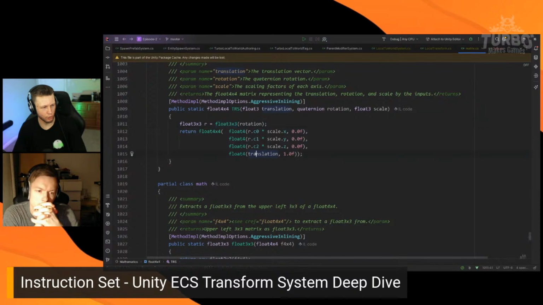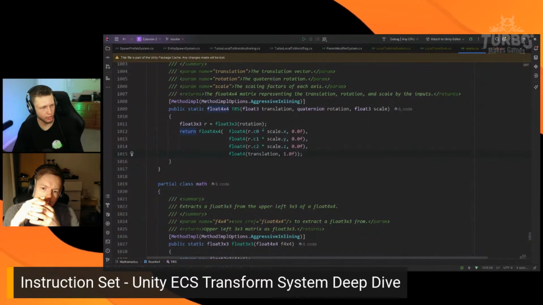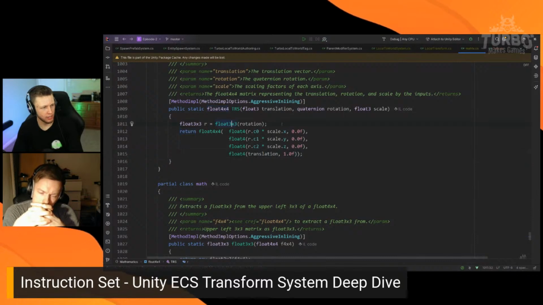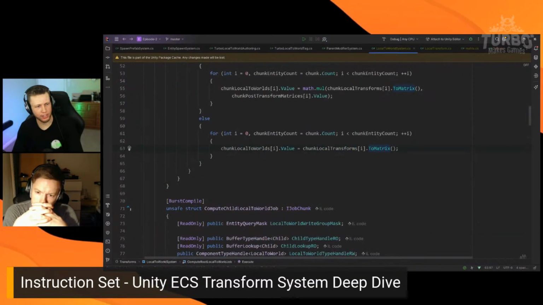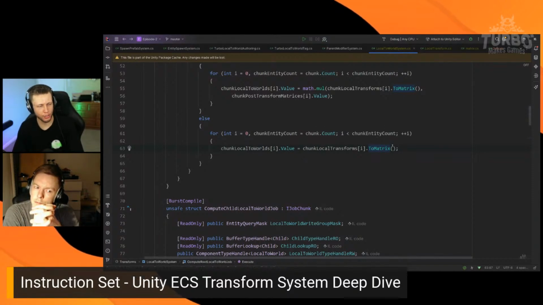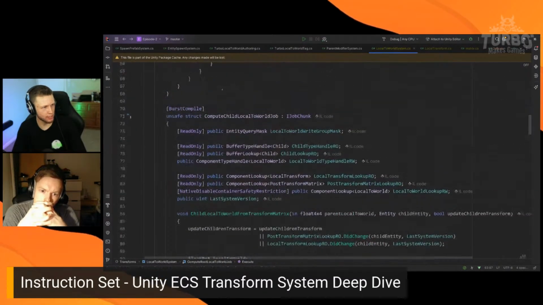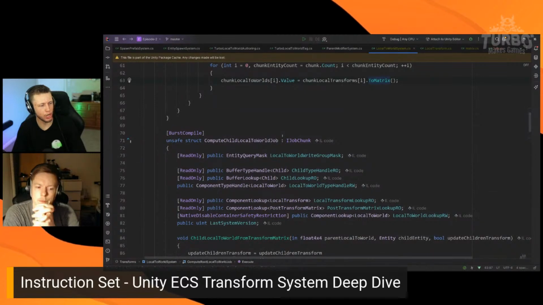And then you'll see at the end, we're also just passing in the translation. So it's mostly basic math operations, what we're doing here. Again, just creating that 4x4 matrix. Now, one of the reasons that this is actually stored in a matrix, and again, I didn't write the ECS source code, of course, so this is me going out on a limb and guessing on some things. But there are a lot of cool things that we can do with the 4x4 matrix that make things really easy. So for example, when we go into this compute child local to world job,